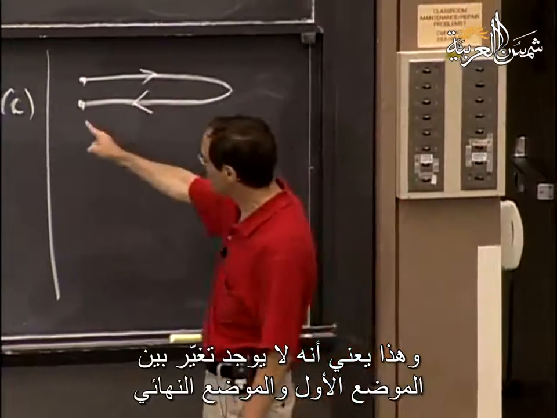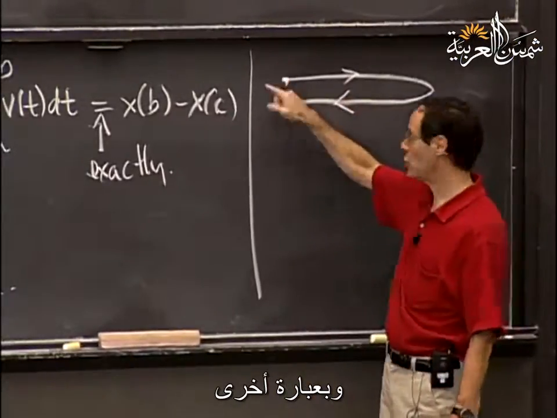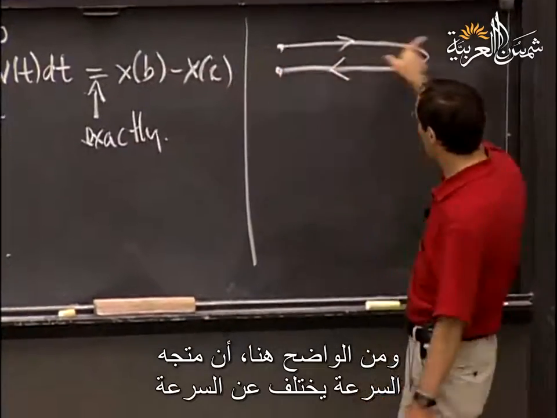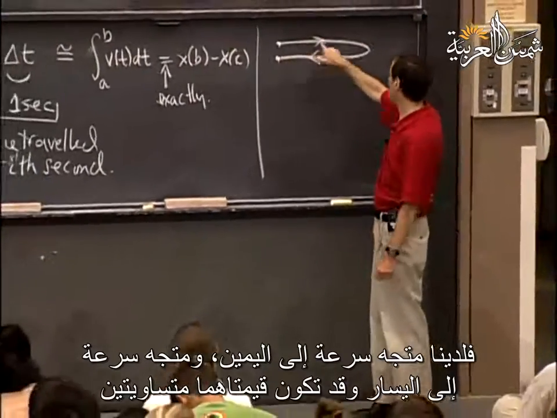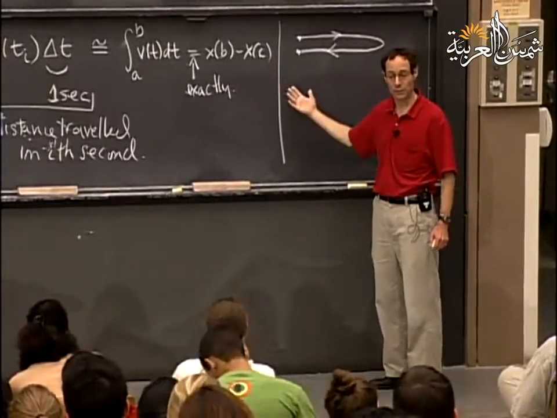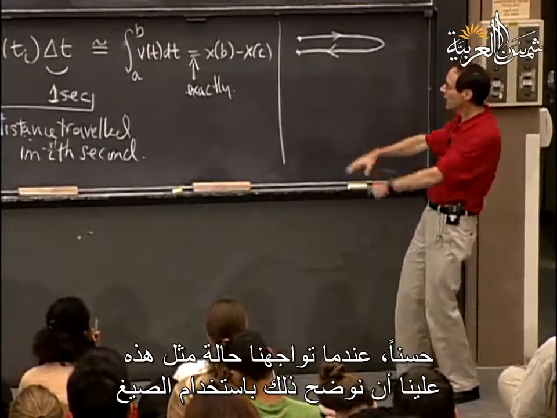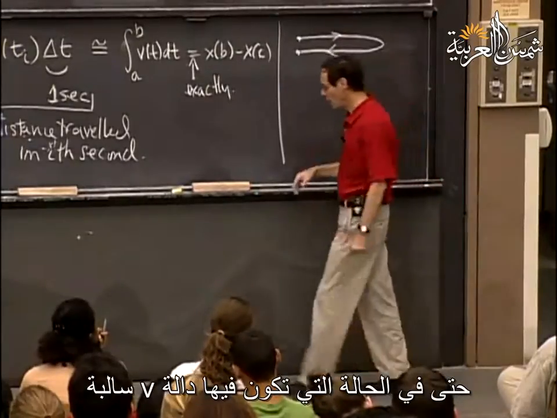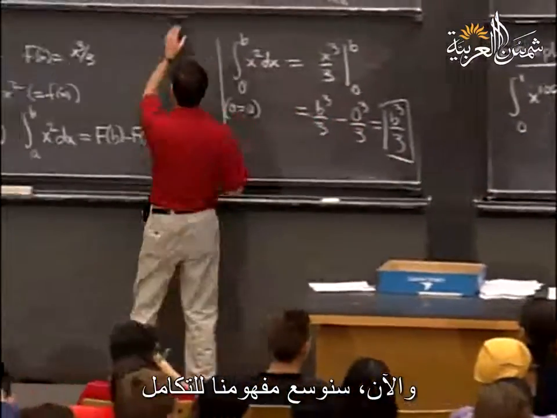Well, if I come back to the same place, then the position is unchanged from the beginning to the end. In other words, the difference is 0. And the velocity, technically, rather than the speed, it's the speed to the right and the speed to the left maybe are the same, but one of them is going in the positive direction, one of them is going in the negative direction, and they cancel each other. So if you have this kind of situation, we want that to be reflected. We like that interpretation, and we want to preserve it even in the case when the function v is negative. And so I'm going to now extend